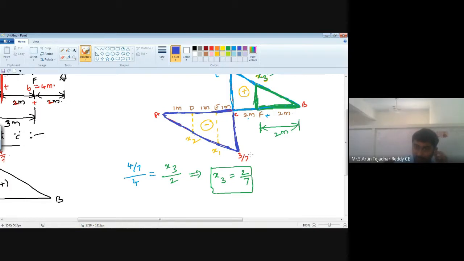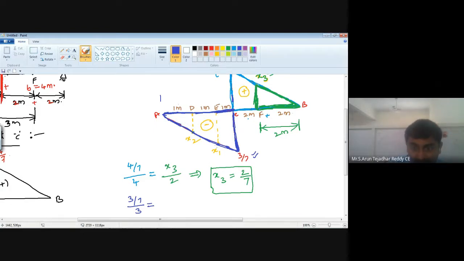Here the perpendicular is 3/7 and base means complete blue color. From this point up to this point, we have 1 meter, 1 meter, 1 meter, totally 3 meters. So perpendicular is 3/7/3 is equal to